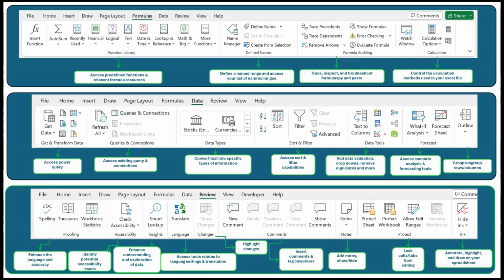Enhance understanding and exploration of data as well. Another feature is if you want to translate your language. Let's say, for instance, this is written in English and you want to translate it into German, right? This is where you can translate the English format, or whatever language you have used,